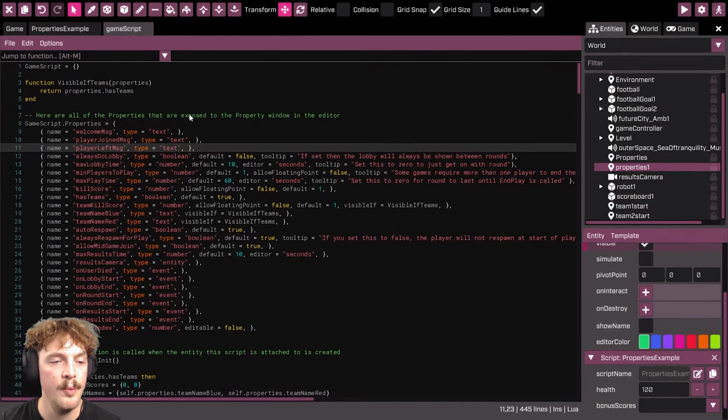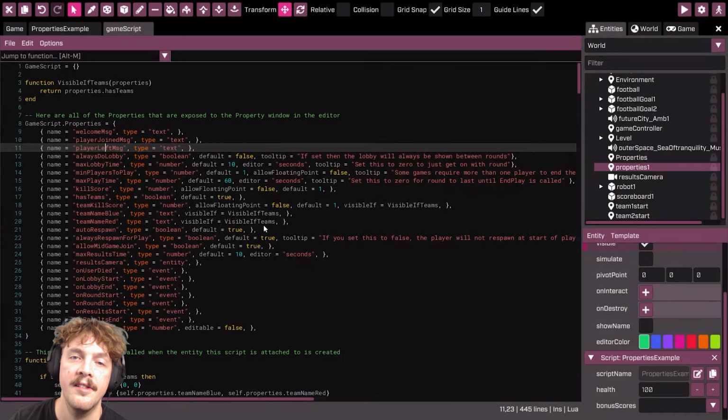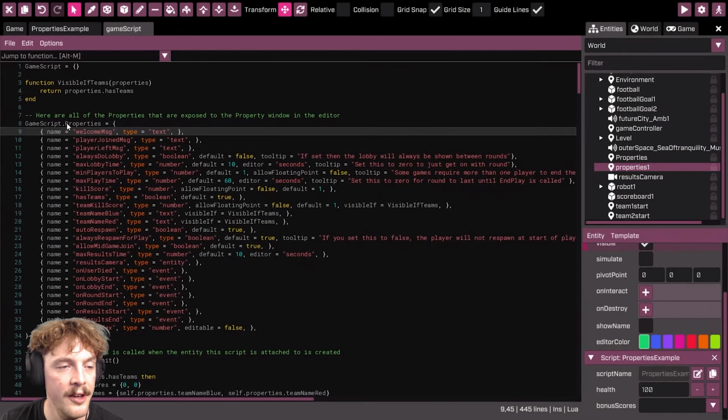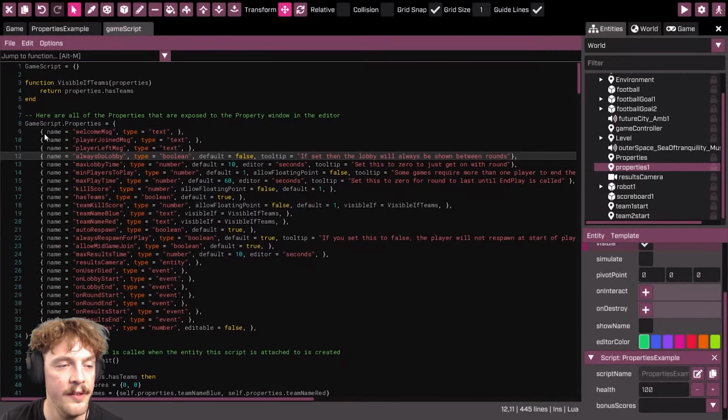This is really useful not just within this one game, but also if I put these scripts in packages, I can reuse them in other games. By using properties, I'm making it much easier to reuse. Now let's have a look at how we actually describe each of these properties.